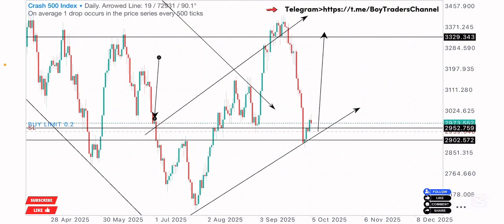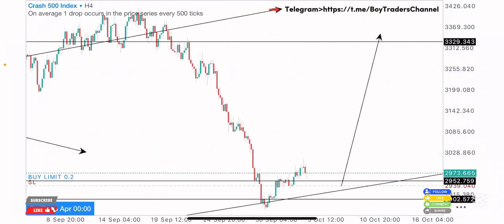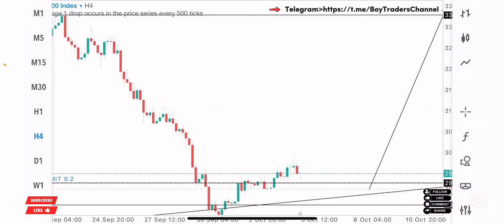Price sold here. Resistance was a break, retest, price dropped before we had a break and retest, a breakout of this level, retest of it. We got the buys, this bullish push. So price coming back to this zone, I expect the bullish continuation from this point, which I analyzed further to the 4 hour time frame, identifying a bullish